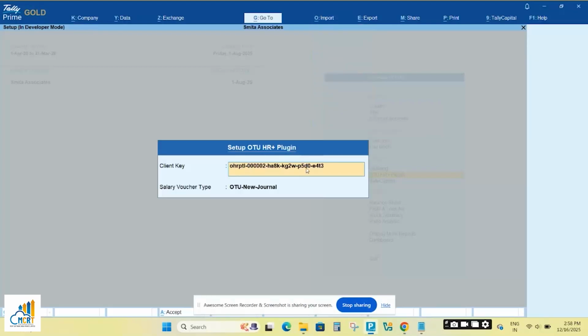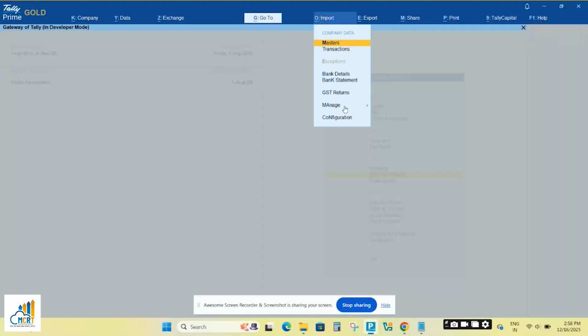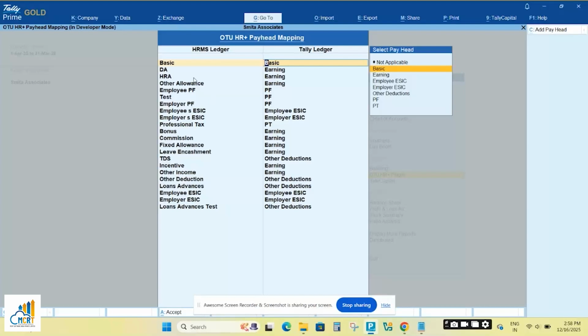Part 1 is the initial mapping stage. Every organization has its own salary structures. Therefore, salary components created in O2, such as basic, HRA, PF, PT, and other organization specific components, must be mapped with the same components created in Tally for that particular organization. This mapping process is a one-time setup activity.